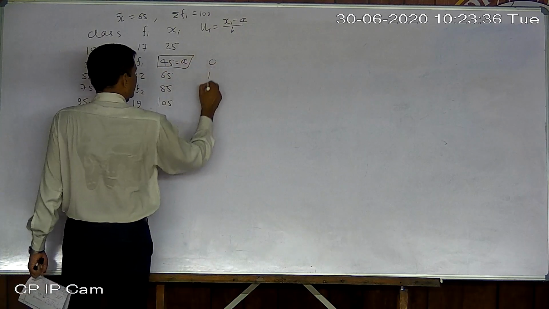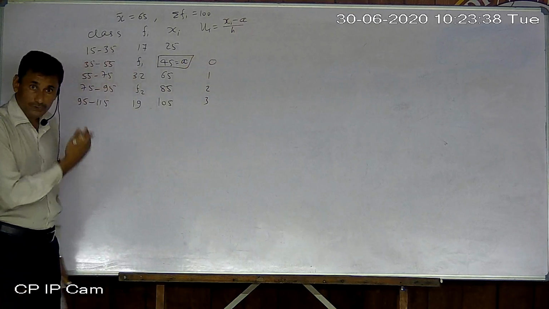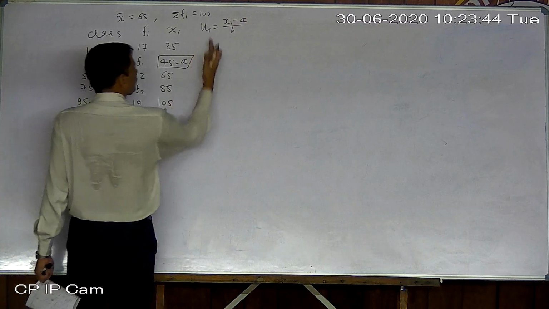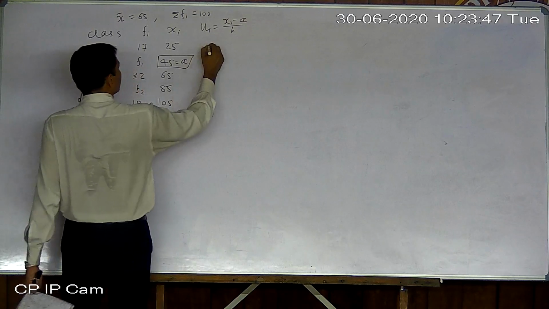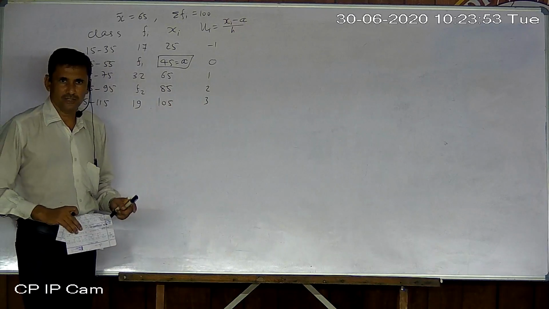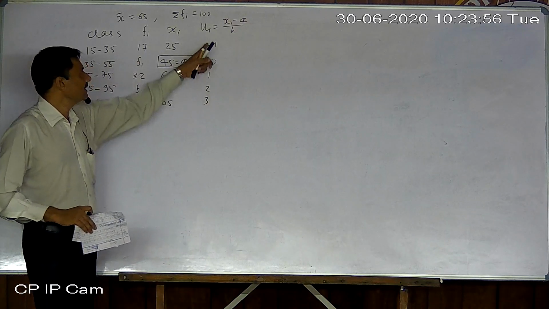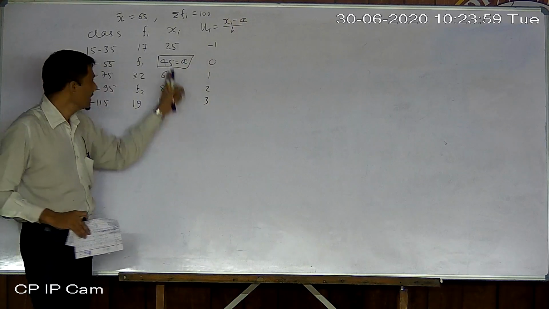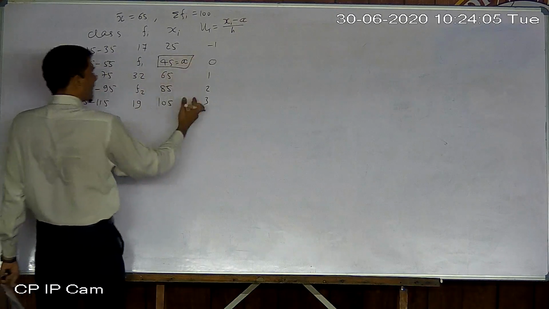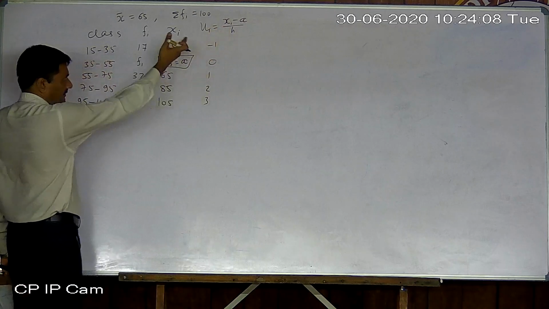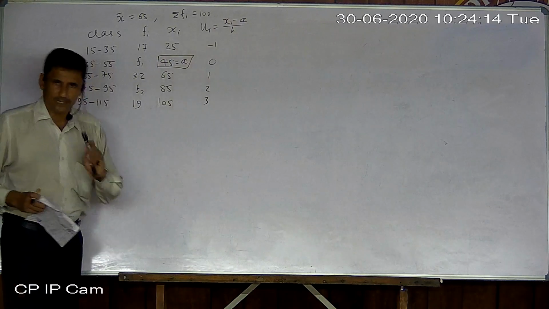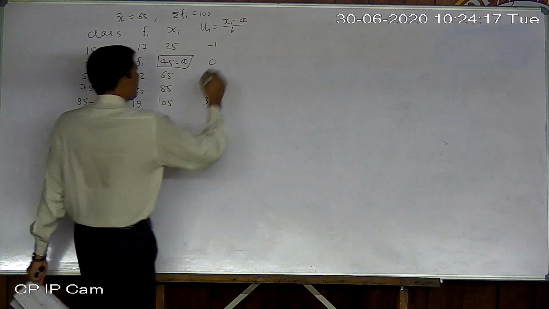Now just like that, write down 1, 2, 3. Okay, we used to write that way only, as in earlier sums. But now if you go in reverse order according to the number line, you will get -1. Okay, so that is how we write ui. But here do not start from 0, 1, 2, 3, 4. Why? Because 0 means the row of A. Now instead of writing directly, if you count using the formula, you will also get these same values of ui. Now fi ui.